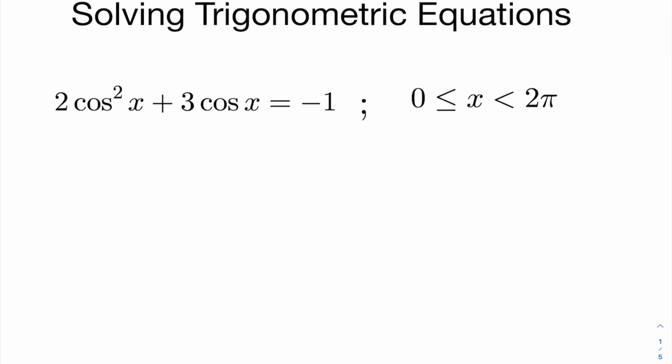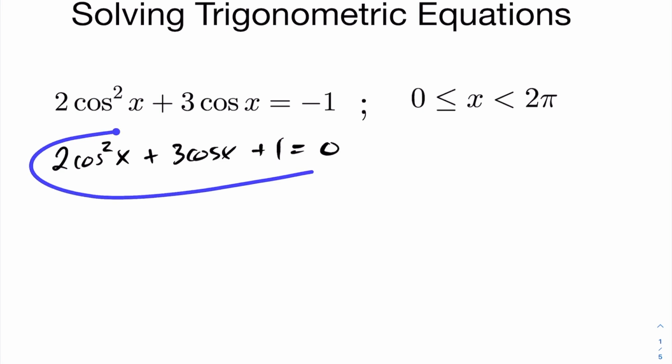So like any equation that we want to solve, you're going to want to bring everything to one side and try to factor this equation here. Now, bringing everything to one side, we make the following observation. You'll see here we now have ourselves an equation that is in the form of a quadratic. So if we take a look here and we view this as 2t squared plus 3t plus 1 equals 0,